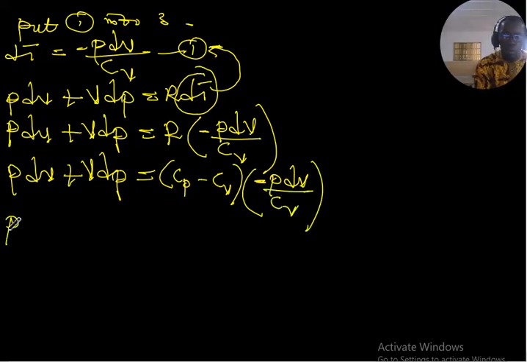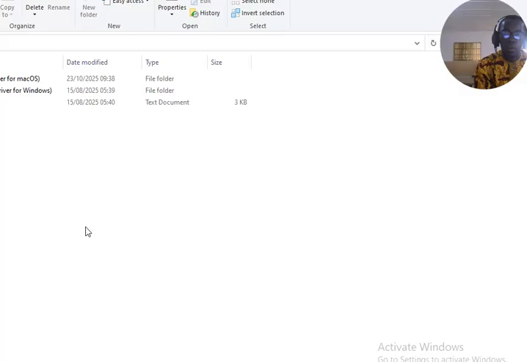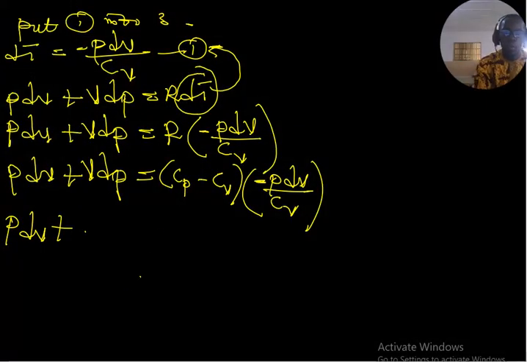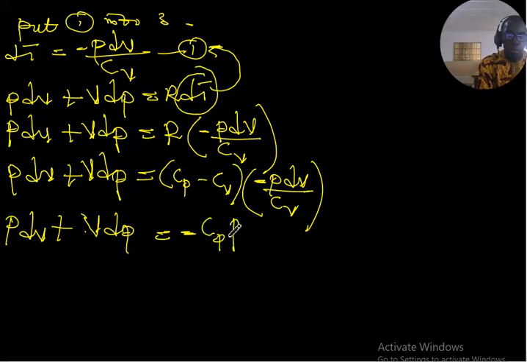So here you have P dV plus V dP equals, open this bracket, you are going to have minus Cp P dV over Cv,